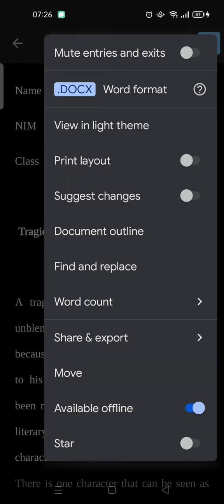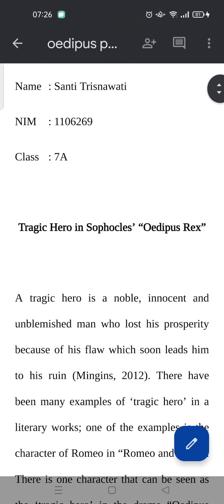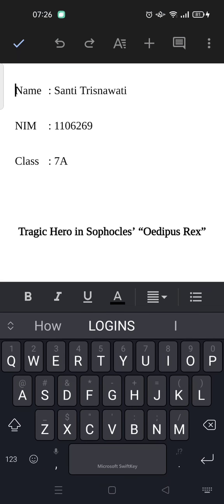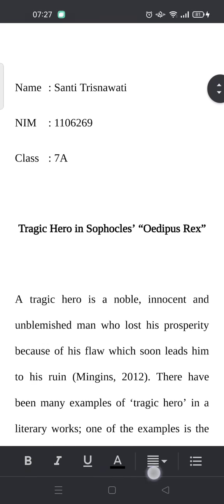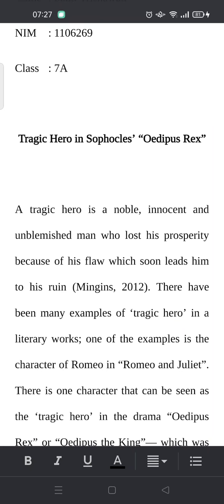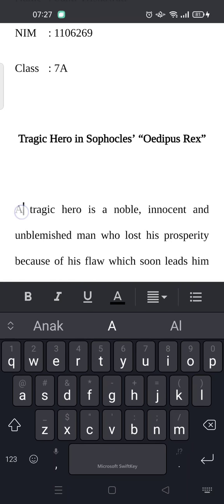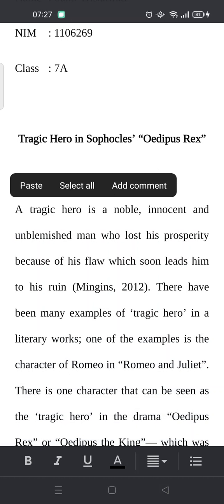Okay, I'm going to change the theme first, and then if you want to edit the file, you just need to click on this pencil icon at the bottom. Here you can see there are some features that you can use. But if you want to align the text, you just need to block, put the cursor on the first paragraph, for example, and then click on